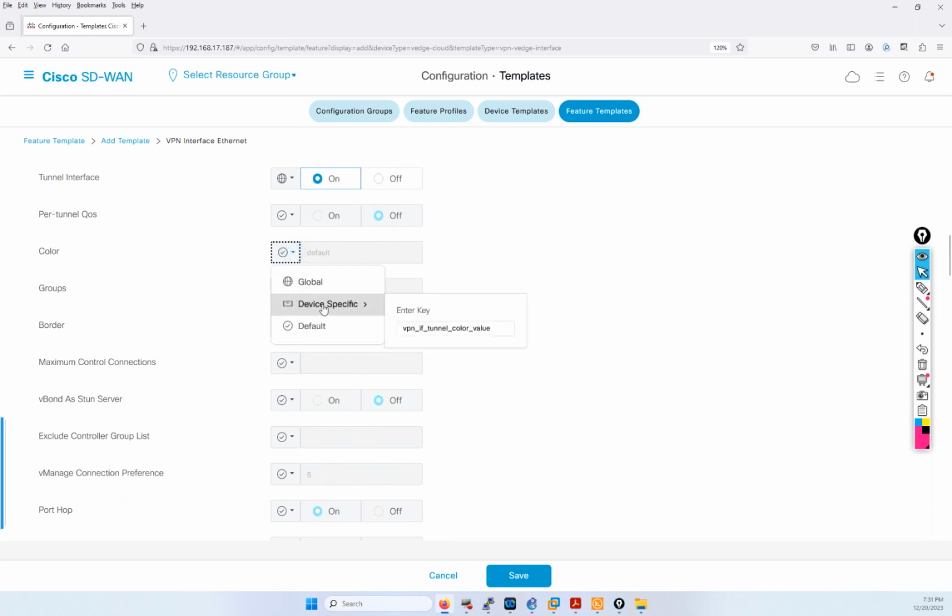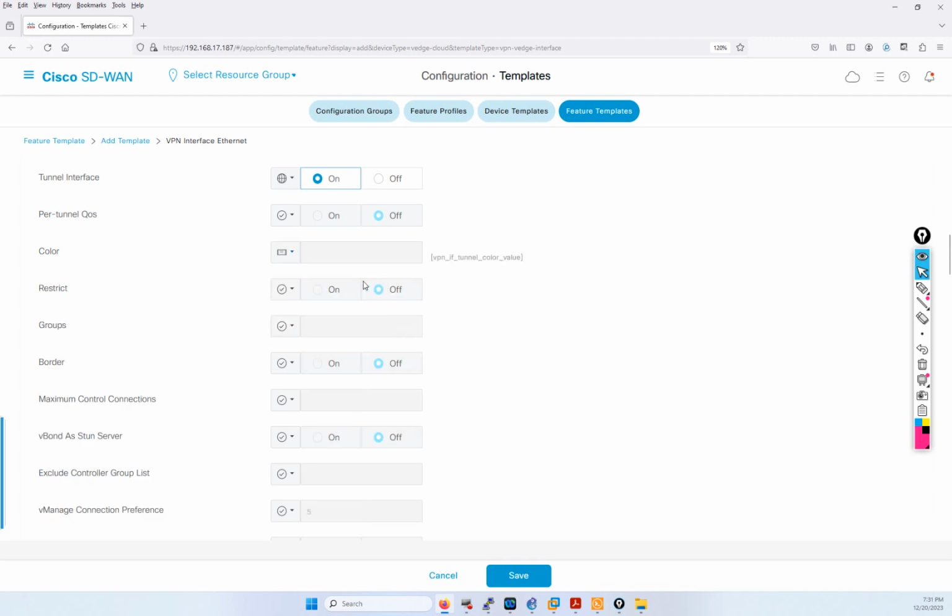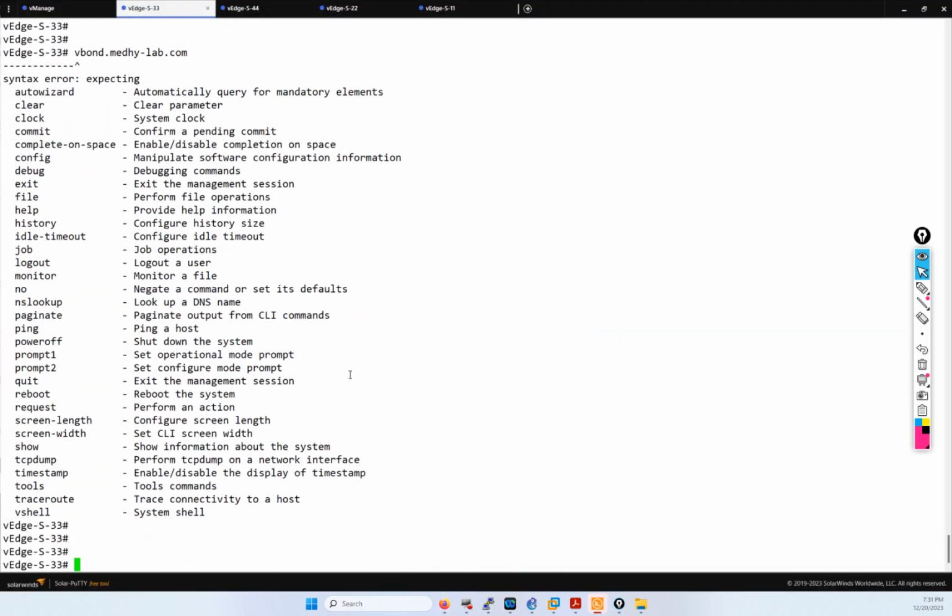and what we need to adjust is the color. The color is just the type of transport. I'm going to make VPN 0. Okay, so let's talk about color. If we go to config